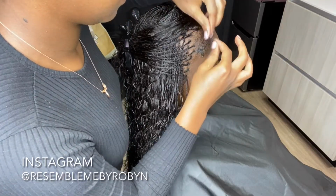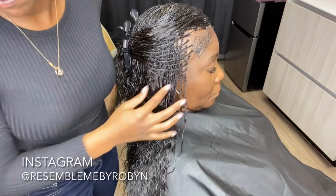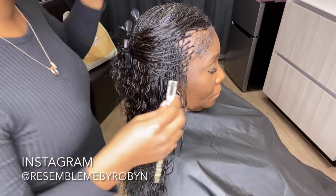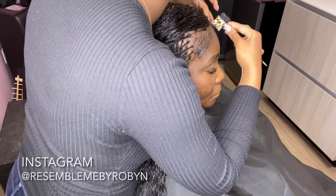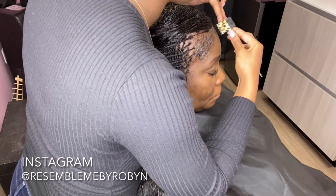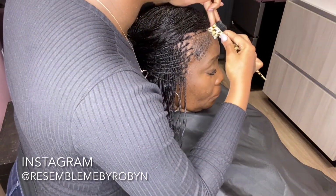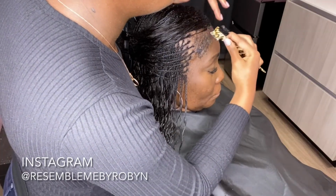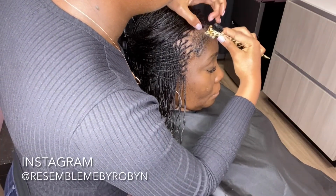So yeah, I really enjoyed working with this hair. It seems as though she enjoyed it. That's not the hair she initially wanted, but when she got it in, she was like, wow, I really like this hair. So yeah, I think it's some good hair to use for stylists or braiders who are installing it,